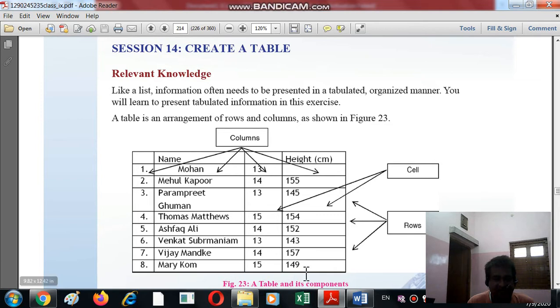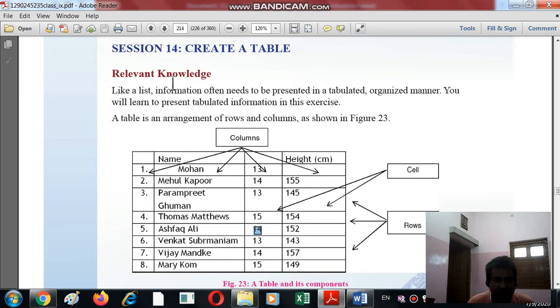So you can see this one is the table, a row and column arrangement, and the vertical one is a column. At the arrow pointer there are 4 columns, 1 2 3 4, while the horizontal one is a row, also called a record when data is stored, and the intersection of row and column is the cell. Individually, the place where values are written is a cell.